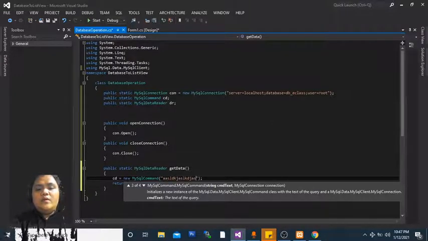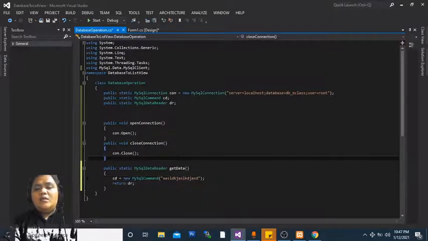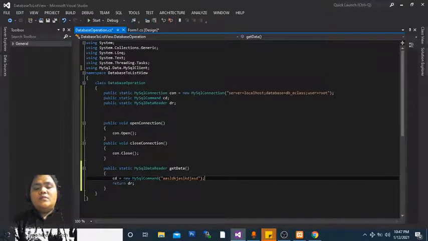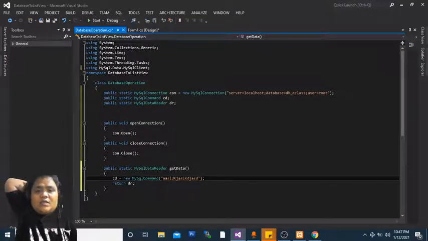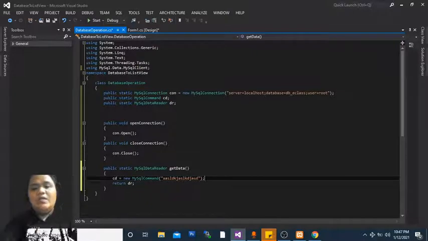So in that case, it doesn't show any error, but it is a bug, because in the long run you will notice that there's an error. It will say that there's no connection, open connection, just like that, because you did not put the connection. Okay, so the best practice of this is once you